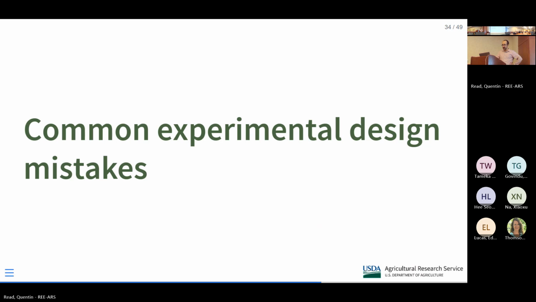So, sorry, does anyone have any questions before I do the last few slides here? I should have said, yes, Peter. So let's say you brought up the example of a field, and you're testing treatments and the field's uneven. It's a case where you should have blocked, but you didn't. Like you mentioned, there's still ways to account for that statistically. How would you go about that?